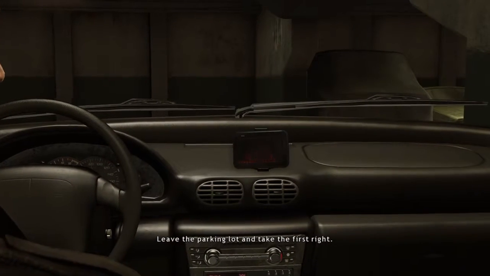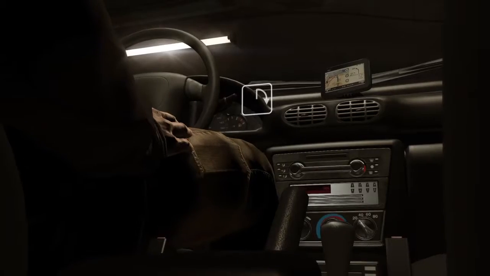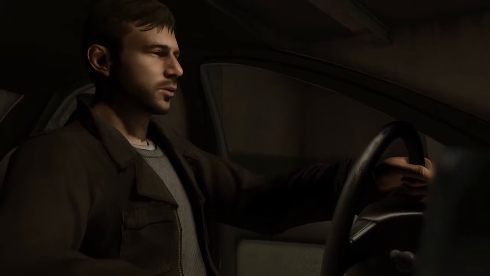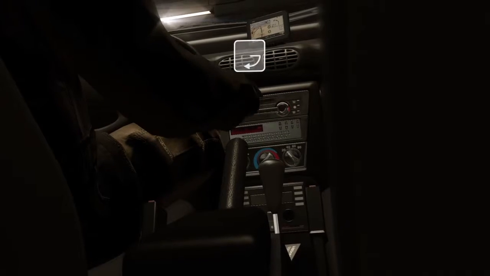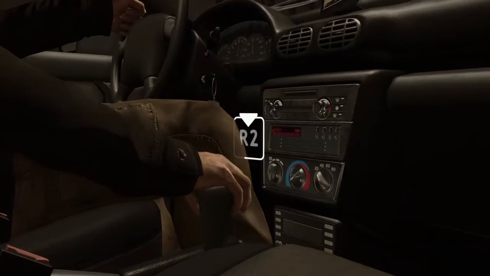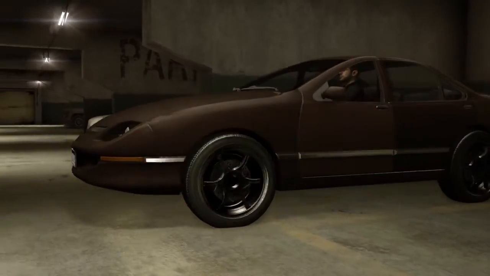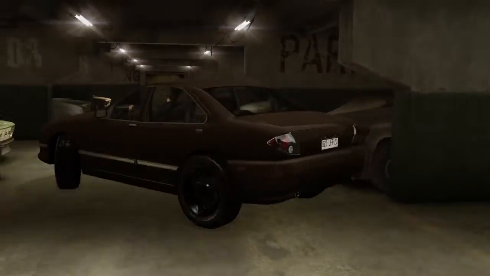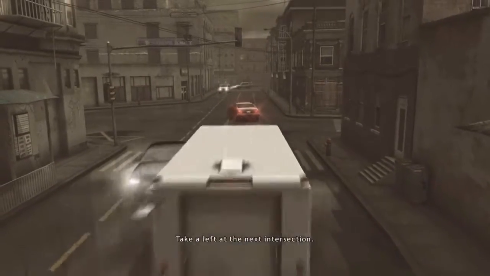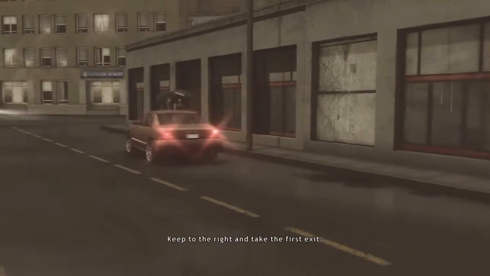Leave the parking lot and take the first right. Take a left at the next intersection. Keep to the right and